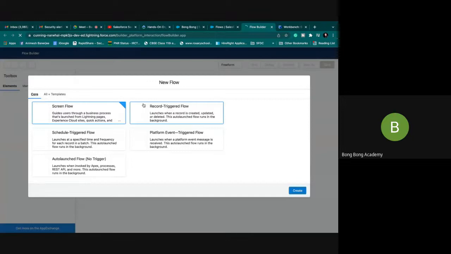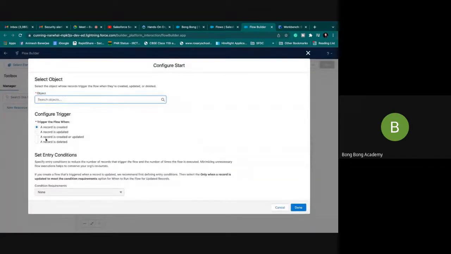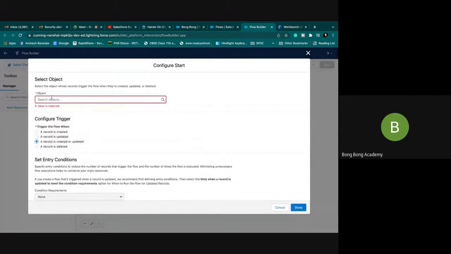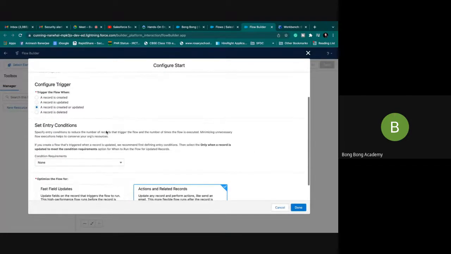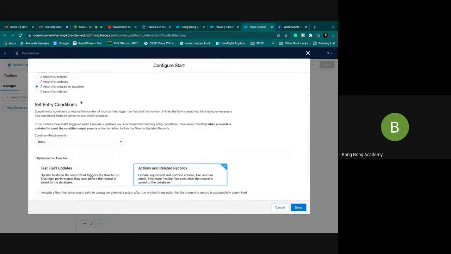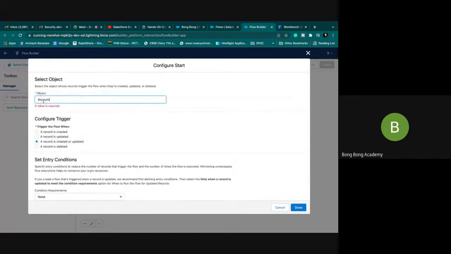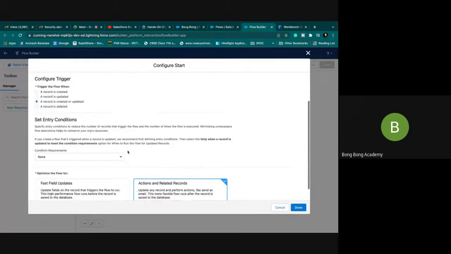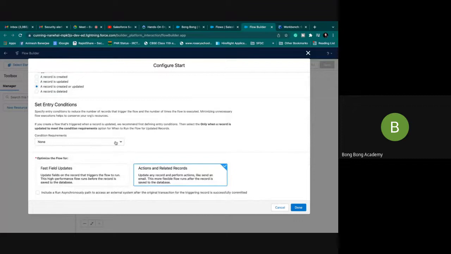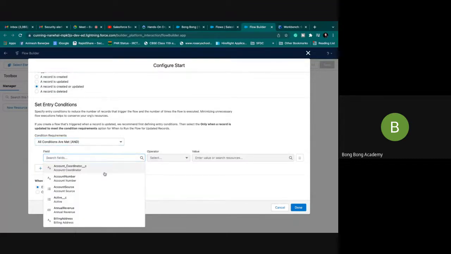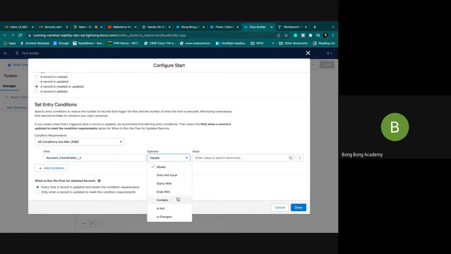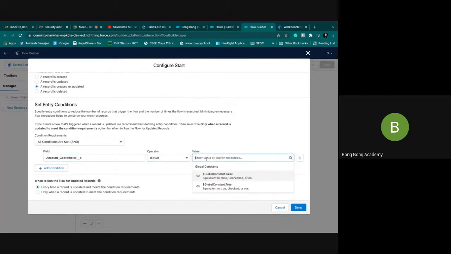When the record is getting saved, maybe in creation or edit mode, I want to share this. Please remember, in a standard object, you cannot create your own sharing rule. In a custom object, you can. So my condition would be account coordinator is null false.